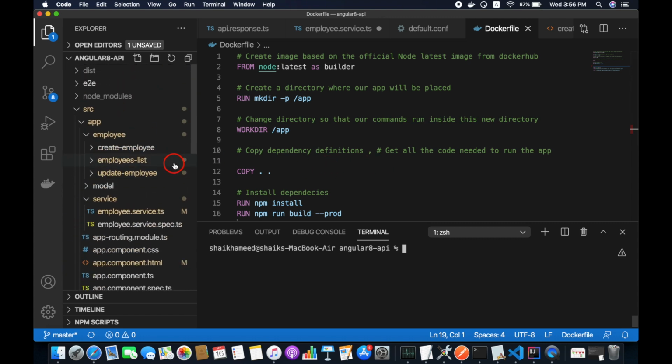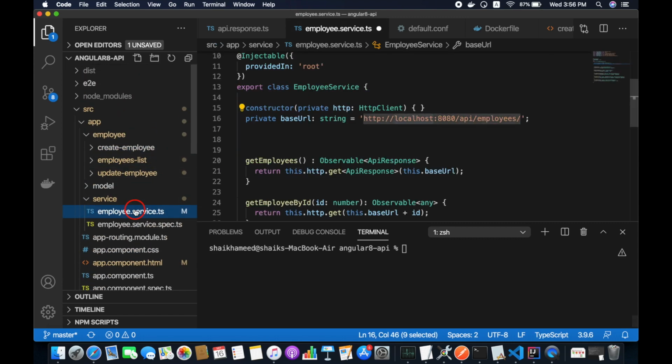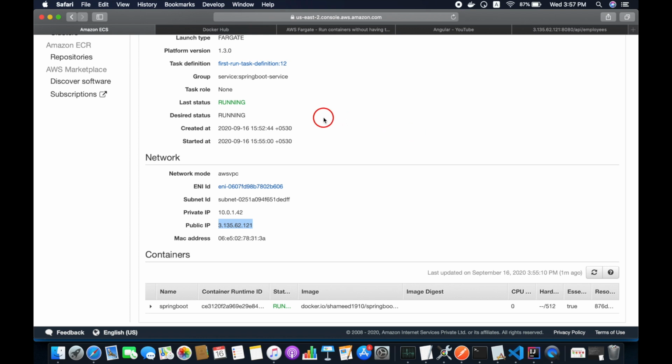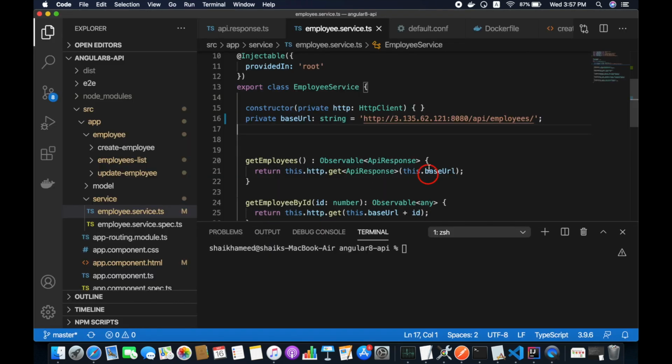In the Angular code, click on your service. In the service we are calling our backend service through this URL. Here we have localhost, so instead of localhost, put your Spring Boot task public IP here. Okay, that's it. You can save this.